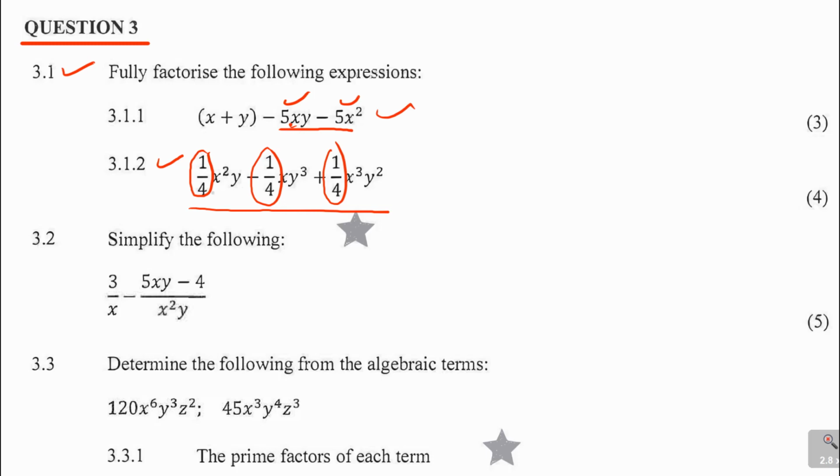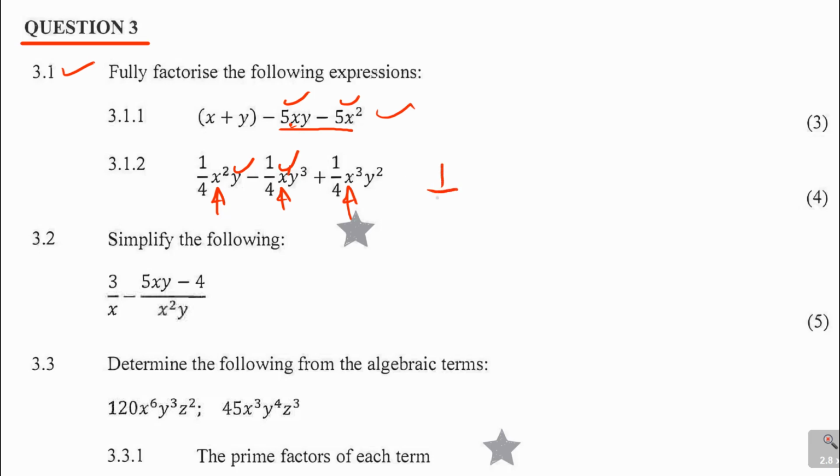was common. And then when it comes to the variables, the x and the y, when it's like that, you take the one with the smallest power. For example, we have got x squared, we have got x, which means it's power 1, you have got x cubed, so you take x. Same thing with y, you take that y, take it outside,